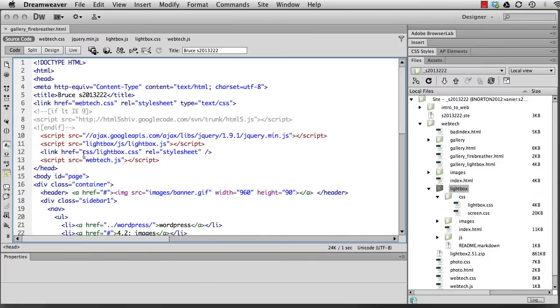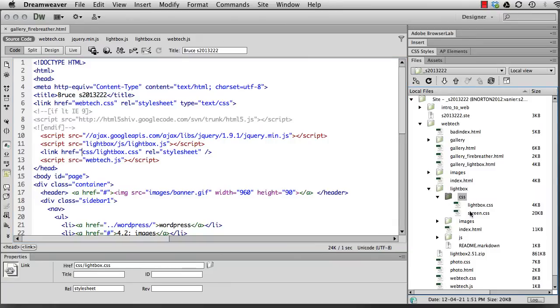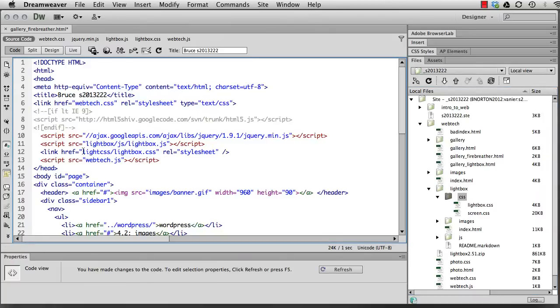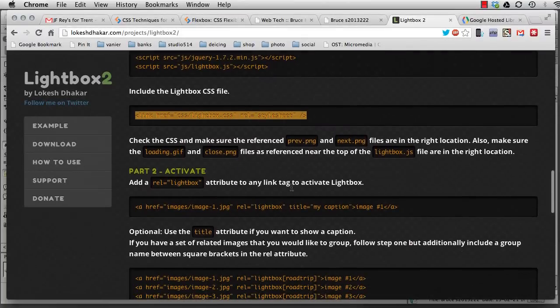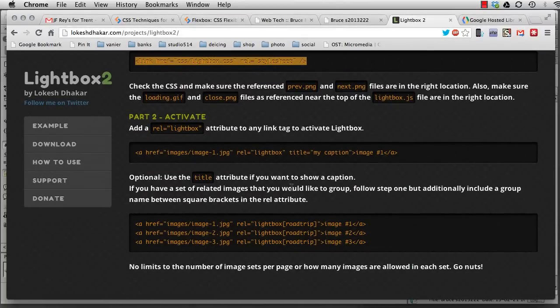Do the same thing for the CSS. You can see over here that the CSS is in fact located inside the Lightbox folder as well. So Lightbox, and there we go. Flip back over here, and now you can see how we can use the